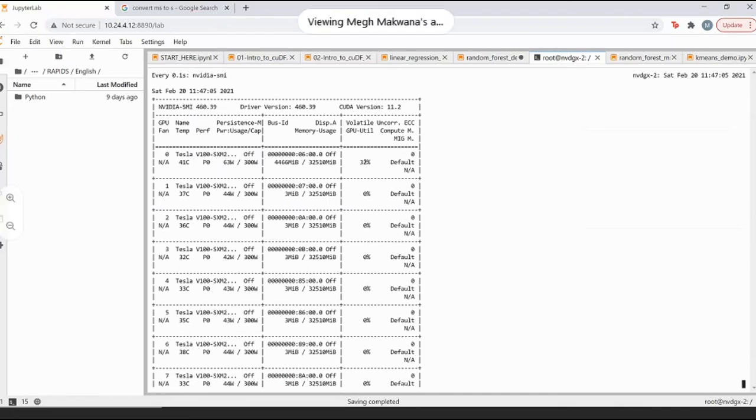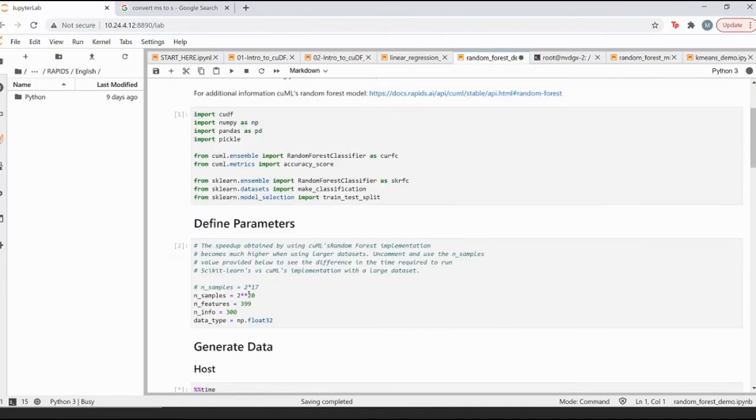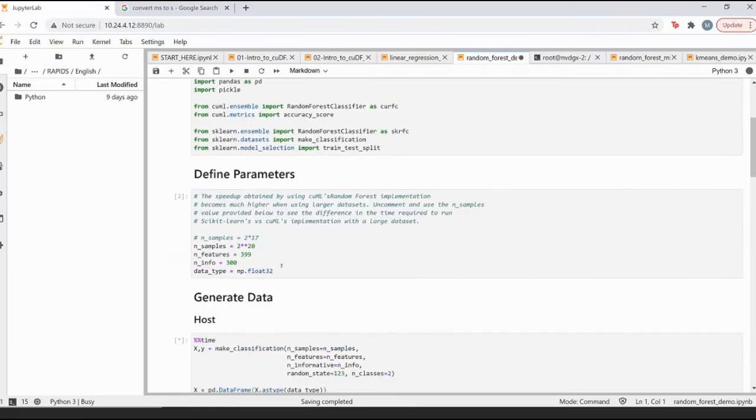Let me see if I can increase the sample set here. This is a very small sample set for that matter, so let me maybe make it 20. It could make sense that the data set size was not that big, but let's see by increasing the sample size.